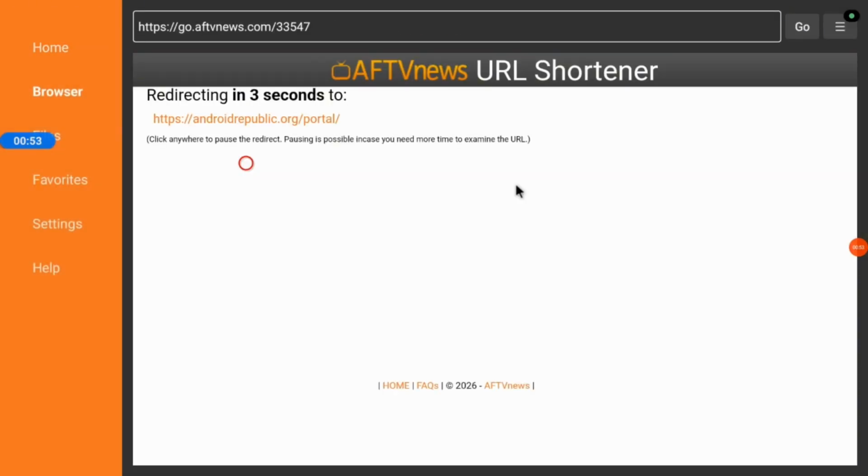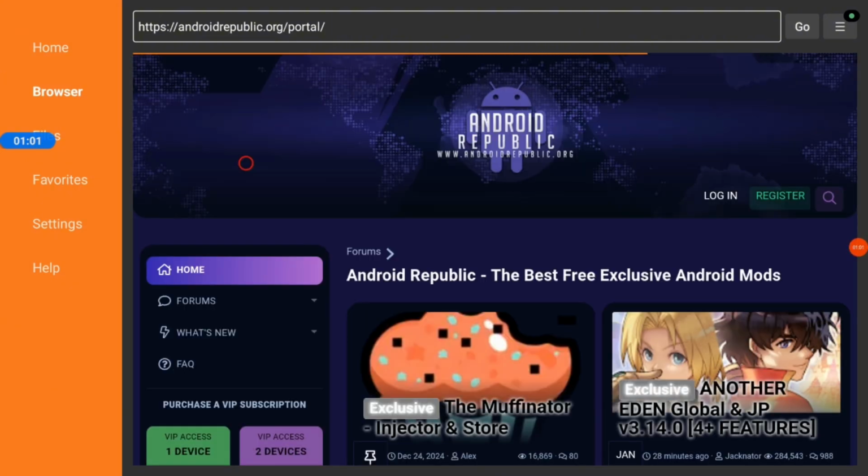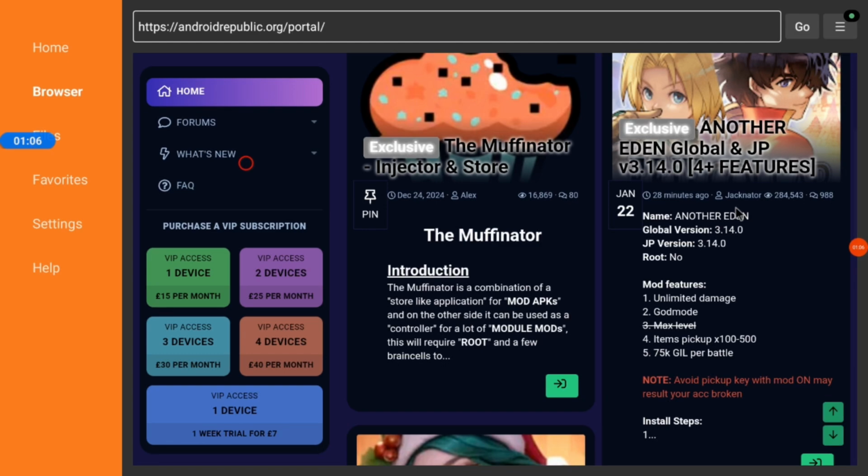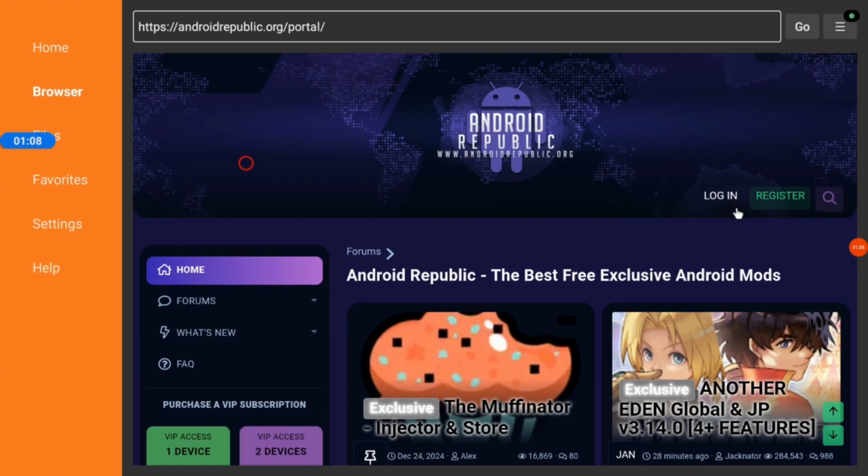TV. So it's androidrepublic.org/portal/. So just wait for it to redirect and then you can use it fully on your Android TV using downloader, and this is how it looks like. So you can create an account or you can log in and you can take out your time to browse